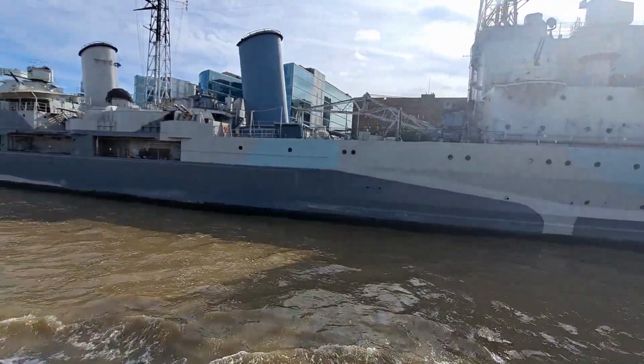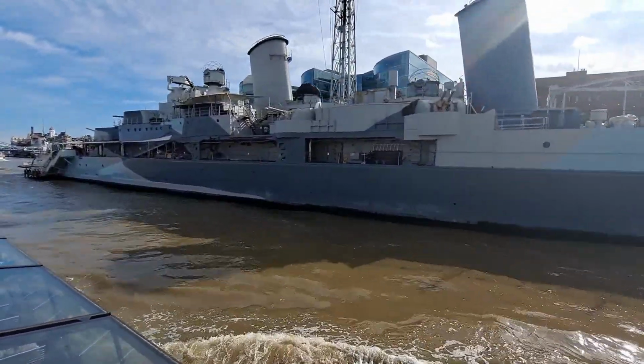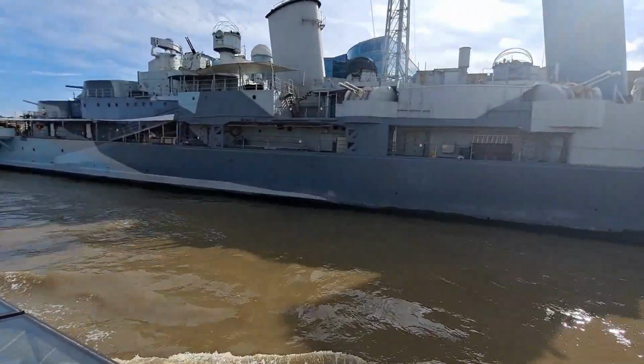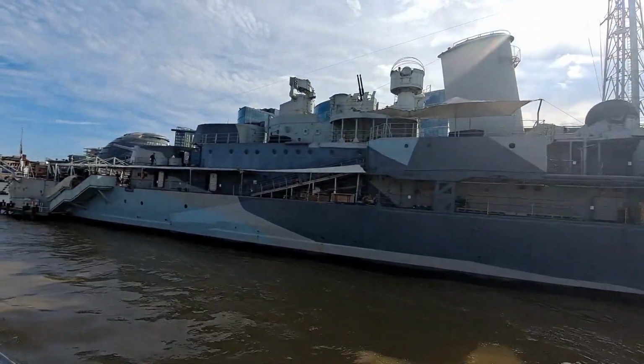The HMS Belfast. This was a powerful ship years ago. It was built in Belfast in Northern Ireland. Last firing the guns during the Korean War campaign, but saw lots of action throughout the Second World War. Came up through Tower Bridge in the 70s, anchored to the